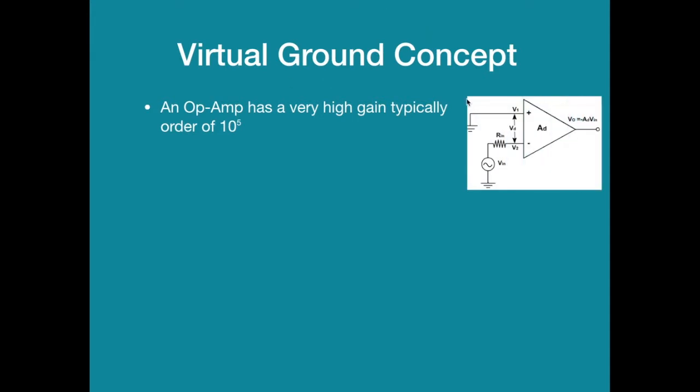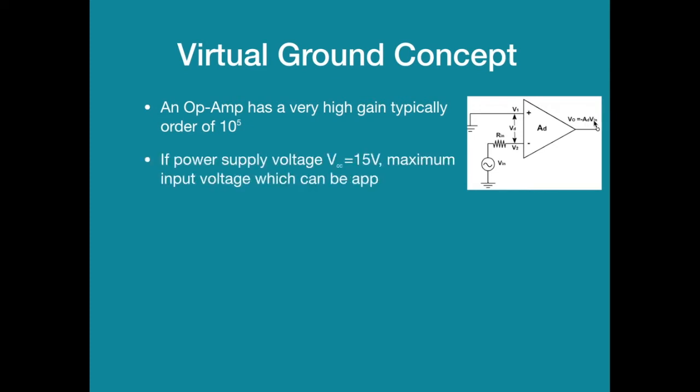You can see here it has two input terminals V1, V2. Difference voltage VD, which is V1 minus V2, is applied to the input terminal, and the output voltage is the differential gain AD multiplied by the Vin, right? It is Vin as V1 is grounded actually. Normally it is AD times the VD, that is the difference voltage. Now if the power supply voltage is 15 volts, that is the maximum possible output obtained will be 15 volts.